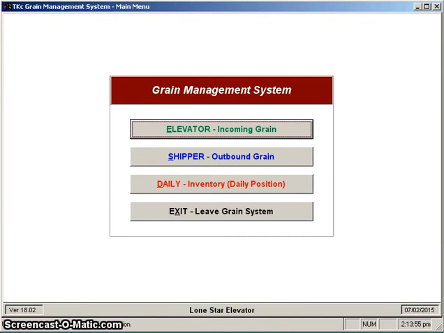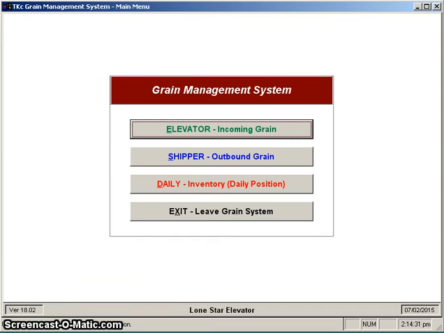In this particular session, our goal will be to show you how to run the automated data transfer in daily position. Automated data transfer is the function that brings together all of the inbound activity, all of the outbound activity, all of the transferring between various categories of grain, such as open storage to cash grain, pricing deferred price grain, all of these things that go on. And then they are brought together and put into your daily position